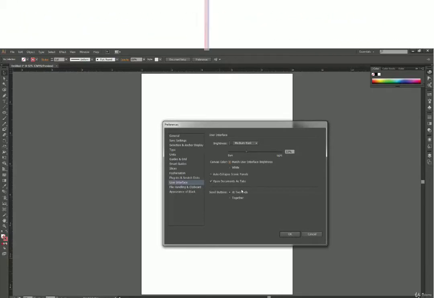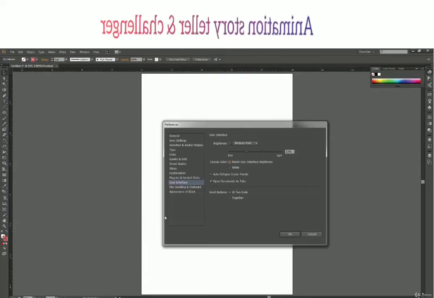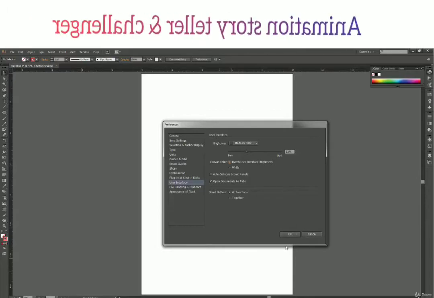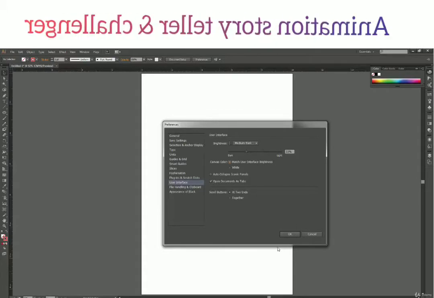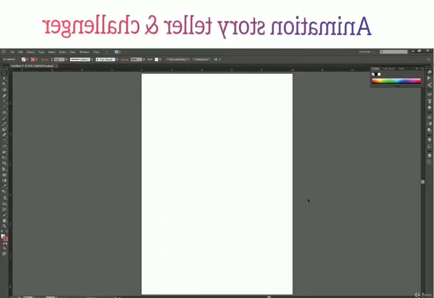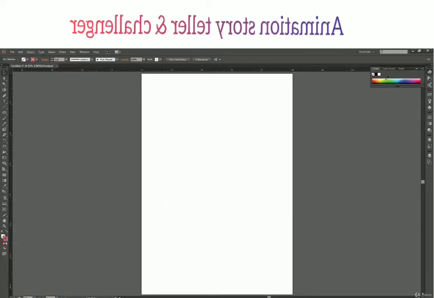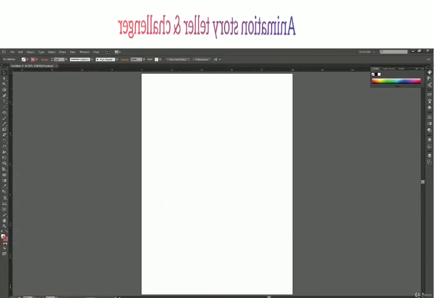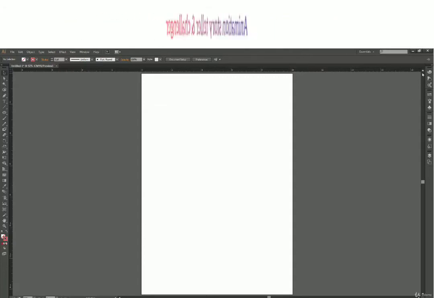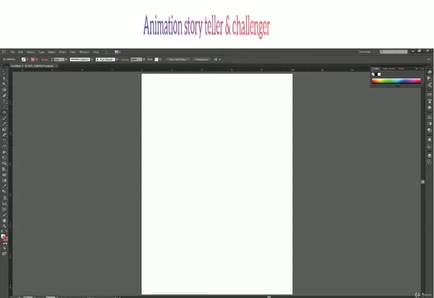That's completely fine. Now we have this option, auto collapse iconic panels. So what is this? Let's see. For that we need to open some panel over here, and we already have this color panel open. So right now, this is how it behaves when we click on a panel: it opens the panel and we do all our stuff over here.